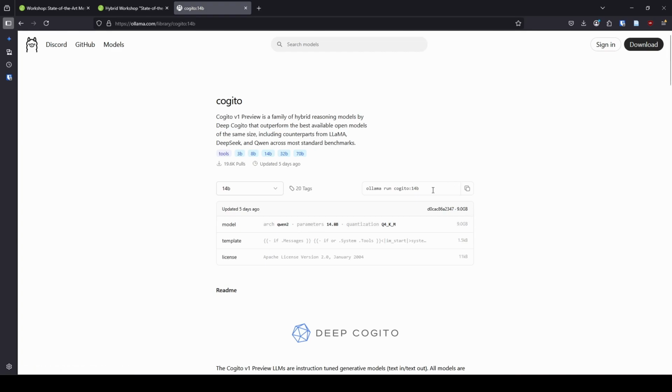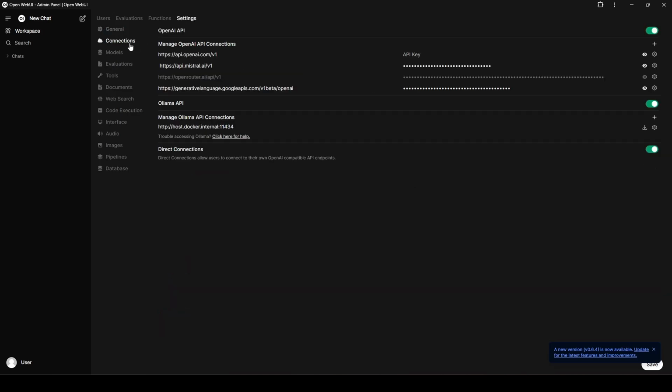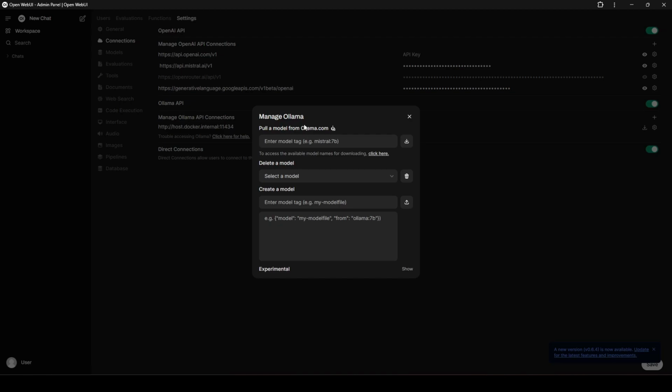So if you want to install this model, we can go into command line. We can just copy paste this code here and it will download it. You can also do that through OpenWebUI. So I have OpenWebUI open here. I'll just show you how to do that real quick. If we go into our admin panel, we go into settings, and then we go into connections. What we can do here is down here where it says Ollama, it says manage Ollama API connections. We can click on this little manage button, and here it says pull a model from Ollama. I'm just going to copy paste in that same thing, and then I can take off this beginning section. And if I just do Cogito 14B and hit download, it would download it. I'm not going to do that because I already have it, but that is a way you can do it if you don't want to actually go into command line.